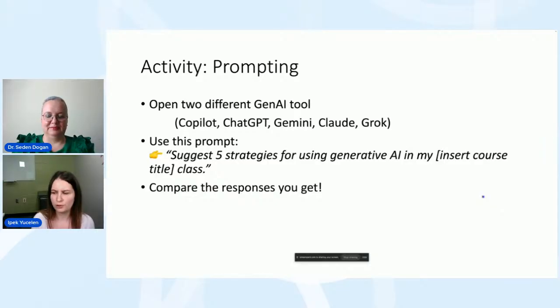And of course, when you are starting to use different tools, we suggest that you take notes. For example, which prompts gave you better results? Which AI actually gave you a more satisfactory or better answer? Take a note of those while you are experimenting with those tools, so it will help you in the future.